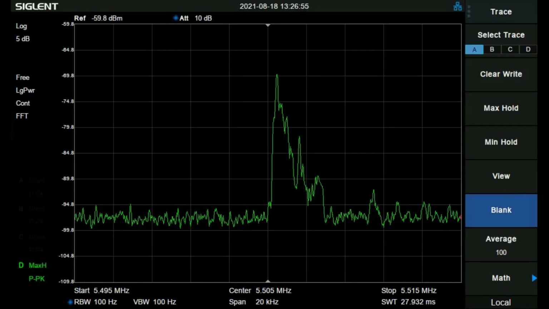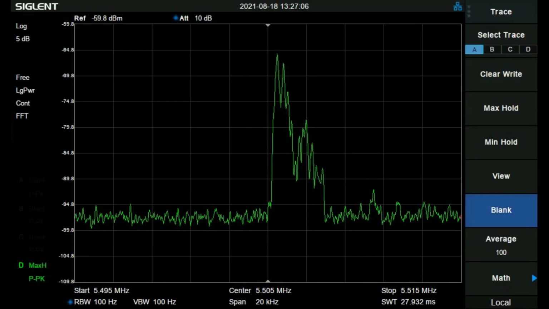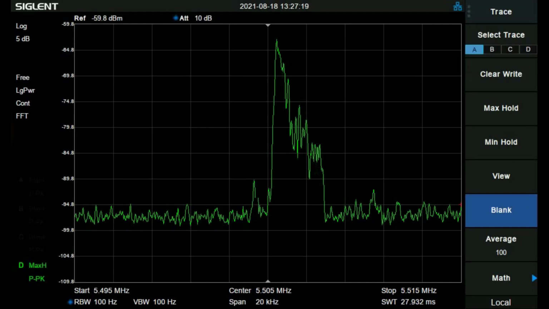So we've got exactly on 5.505, as you can see, pretty much no carrier whatsoever, and all the energy is concentrated on the high frequency side of 5.505. In other words, all we've got there is the upper sideband, and you can see the vast majority of the upper sideband is within about just slightly over 3 kilohertz. You've got 2 kilohertz per division on that display. So that's a nice example of